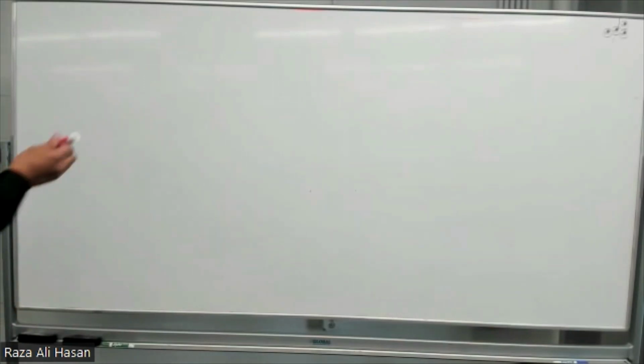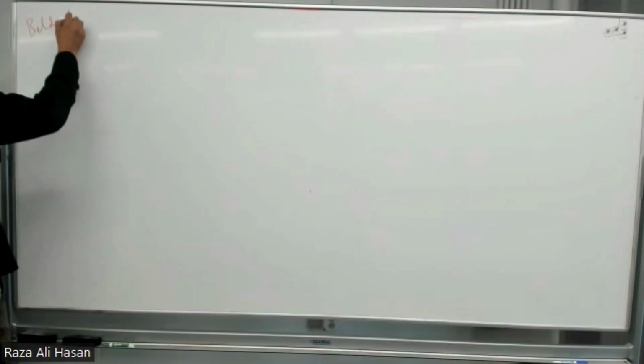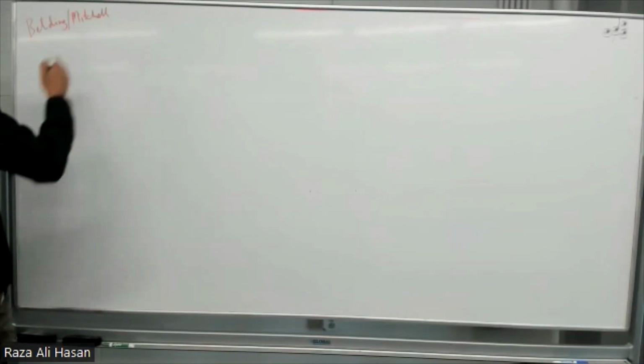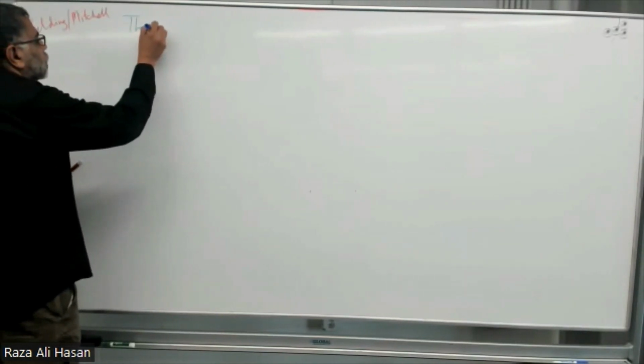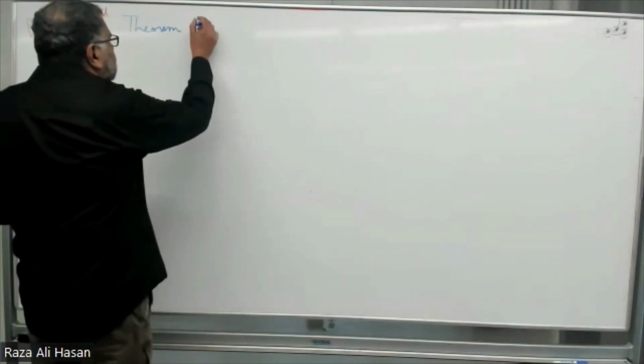Okay, let's do this. We have Belding, as usual, and Mitchell. And the theorem is, it's a beautiful little tiny thing,